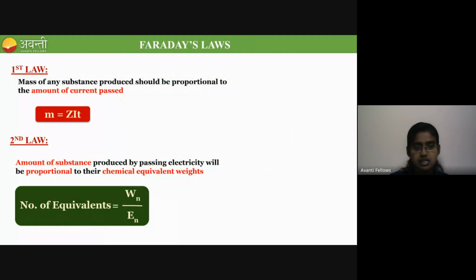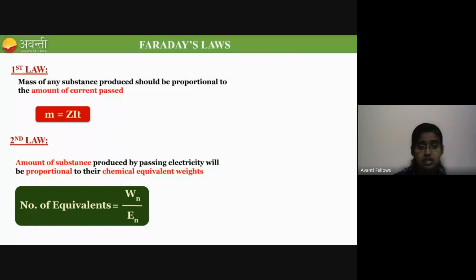M is the mass of the substance, I is the current. So both are directly proportional. The amount of current you are passing is proportional to the mass of the substance. And the second law says that the amount of the substance produced by passing electricity will be proportional to